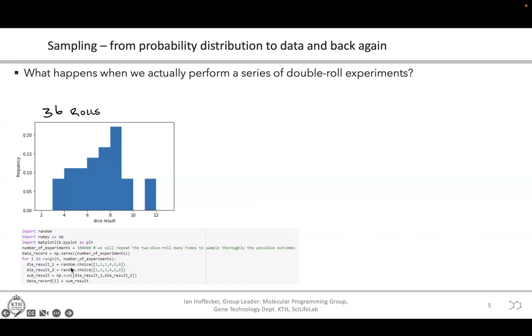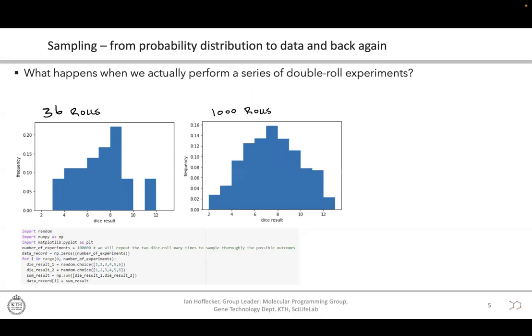We have a random choice that's going to pick a number from 1 to 6, and then do this twice, pick another number from 1 to 6, and then sum these together. If we do this 36 times, we get a distribution, for example, that looks like this. And this does not look like the perfect distribution that we enumerated in the first slide. But what we'll notice is if we do 1,000 rolls, now we start to see something that looks a bit more like it. And we start to see this peak occurring at 7 or near 7, which we said was